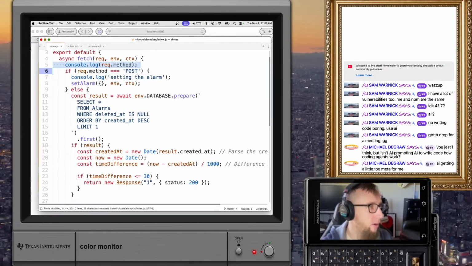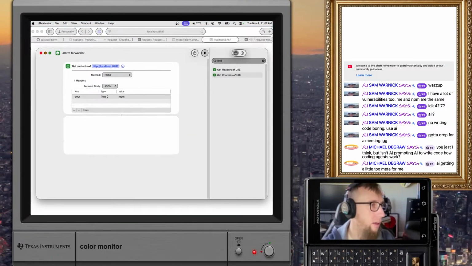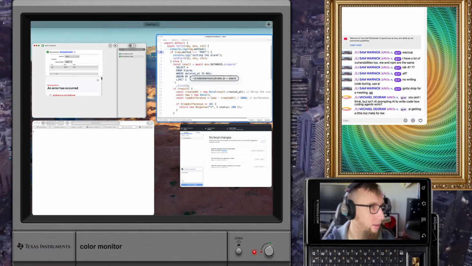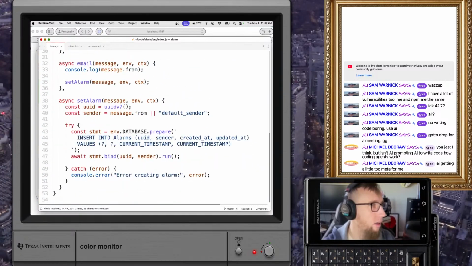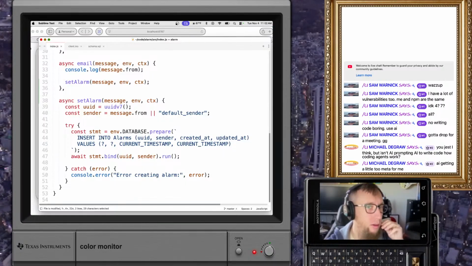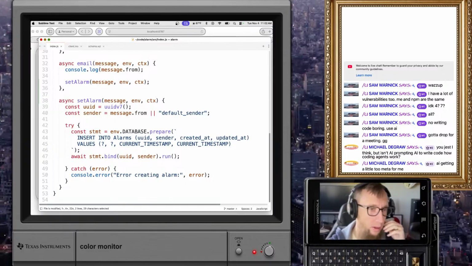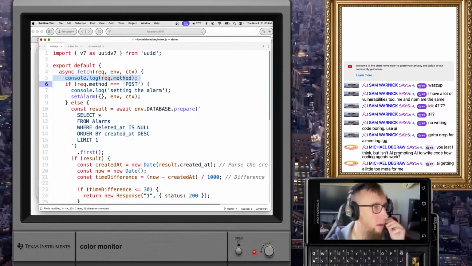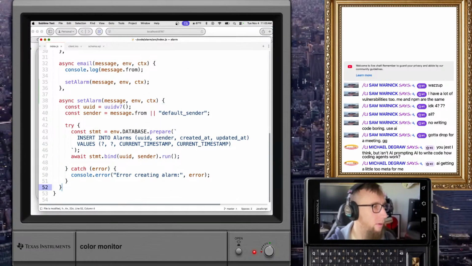Okay, set alarm. So now I can go here to my shortcut and I can run it. An error has occurred. Set alarm is not defined. Shnikes. How do I do that? I cannot remember. How do I call another method from... gotta drop for a meeting. How do I make it call? I can't remember how to do that now.